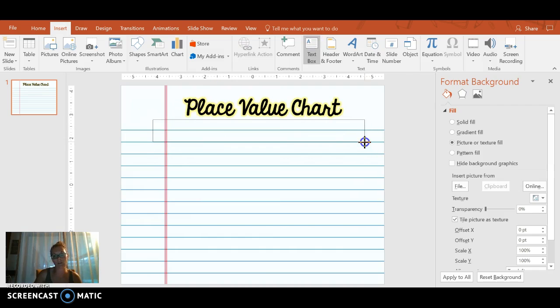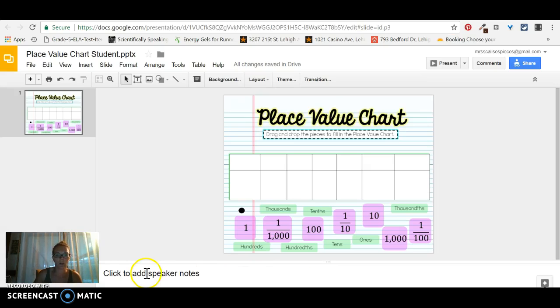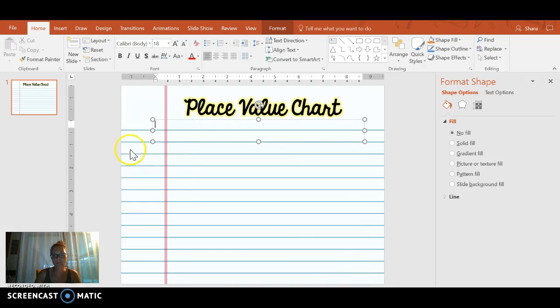The next thing I'm going to insert is my directions, because I want to make sure that the directions are on the page. I've also seen the directions in the bottom here where you can click to add speaker notes. You can put the directions here for the students just however you want them to know where it's at. I like having it right here. And I've also seen teachers who have the students take their own notes in this area, which could be very helpful for them. So I'm going to go back here,